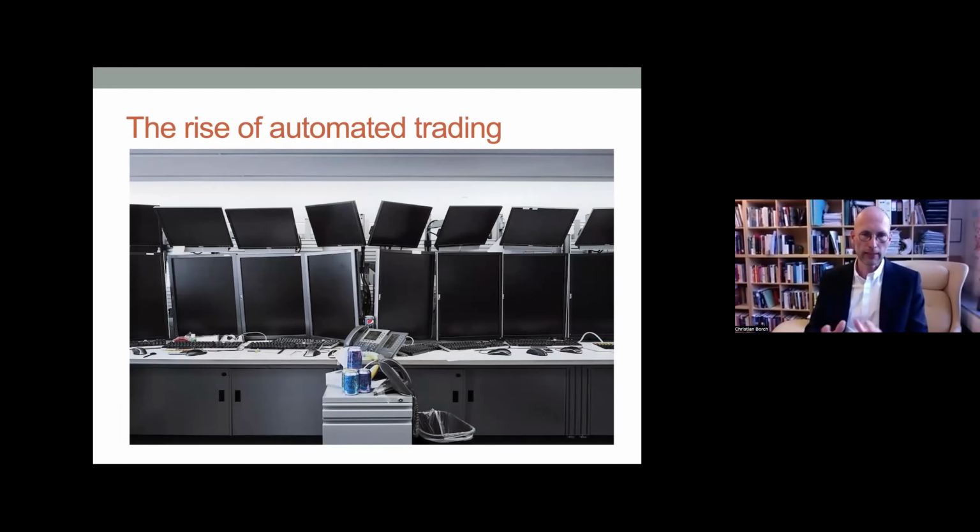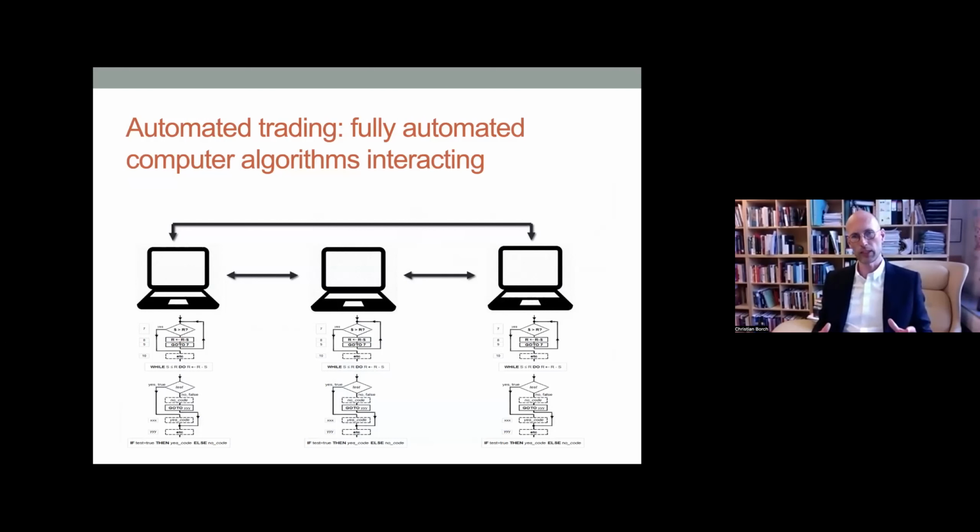So as I said, this really took off in the early 2000s, and today the vast majority of orders that are being submitted to the financial markets are being submitted by fully automated algorithms. So this is an image of an actual trading firm in Chicago, and in general you could say that the kind of image that we're dealing with, if we want to understand financial markets today, would look something like this. We have fully automated computer systems that are interacting with other fully automated computer systems. In some markets, more than 99% of the orders that are sent to the market are actually sent by fully